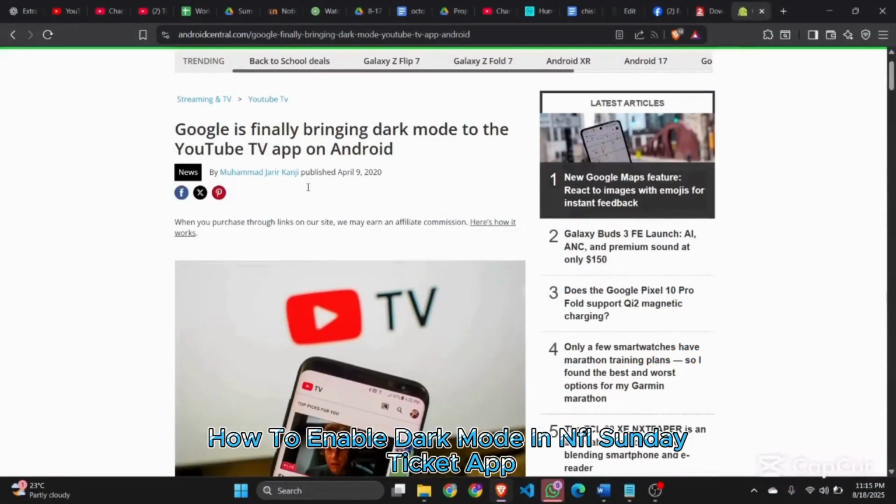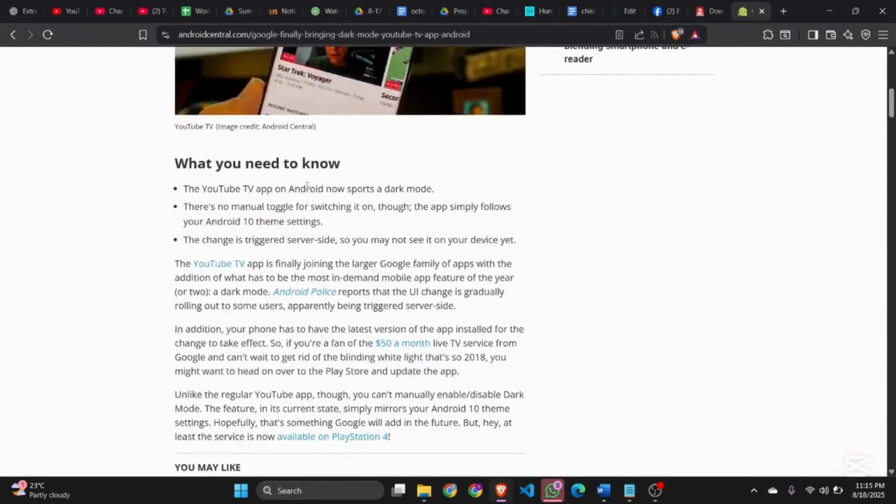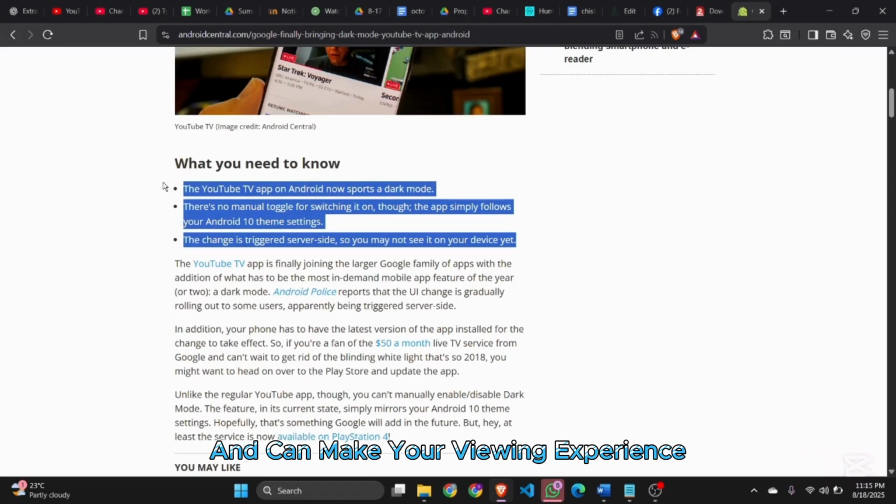How to enable dark mode in NFL Sunday Ticket app. Turning on dark mode in the NFL Sunday Ticket app is quick and can make your viewing experience much easier